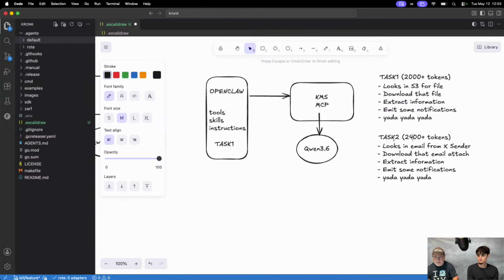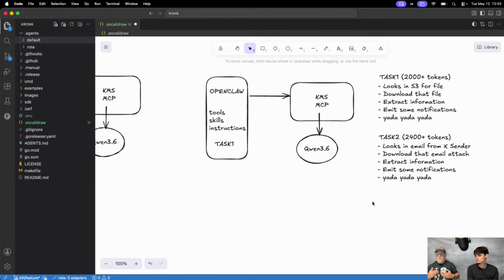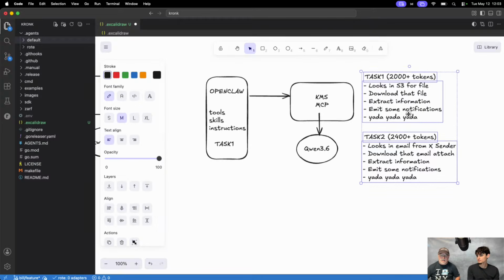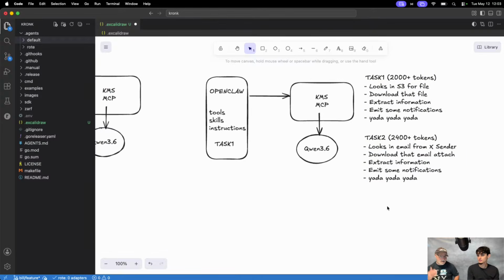Maybe this takes about 2,400 plus tokens every single time, because it has to go through the same learning process. There's no efficiency that you can build in. You already saw me try to build efficiency in with the skills, but there's no guarantee that the model's going to gain any efficiency, at least not consistently over time.